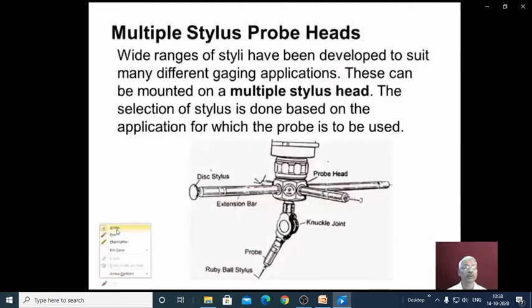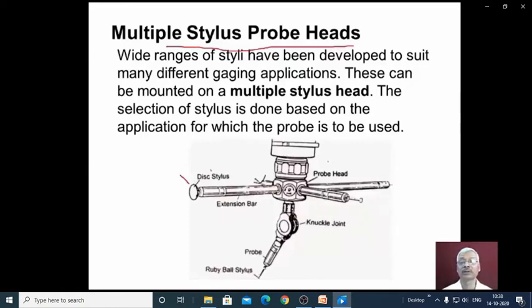Now, apart from single stylus probe heads, multiple stylus probe heads are also possible. You can see here we have a probe head with multiple stylus. This is a disc stylus with an extension bar, and this is a ruby ball stylus with the knuckle joint.